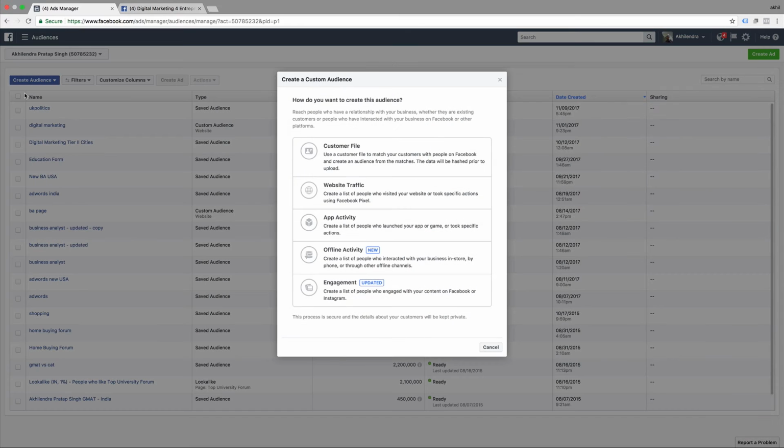Now when you click on custom, this will give you all this data. So use a customer file to match your customers with people on Facebook and create audiences from the match. The data will be hashed prior to upload. So basically, let's say you are a local store and you are collecting data from your customers, their name and things like that, location. On Facebook, you will upload a file. It will be a CSV file,